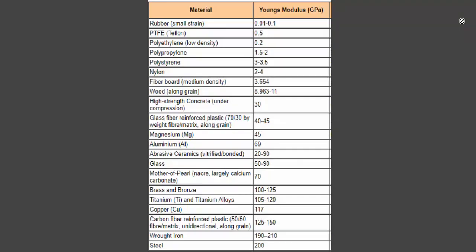These are the Young's modulus of common materials. You have rubber. Rubber has a very small Young's modulus. That's why you can easily stretch it. And if you go down, you'll see that the one with the highest Young's modulus in this list is steel. Steel has a very high Young's modulus, and that's why you can't easily stretch it,